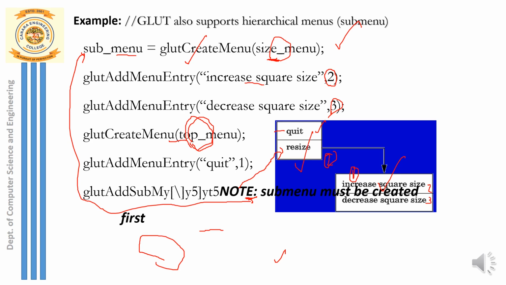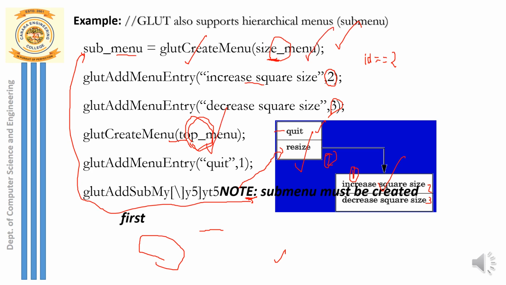You can see here, you can now add a condition for your submenu. It is not shown here. If the increase size option, I mean if the ID returned is equal to 2, then what are you supposed to do? The size should be increased, so size is equal to size into 2. And then one more condition: else if ID is equal to 3, then decrease the size, size is equal to size by 2. So these are the two conditions you can assign, inside the size menu function.